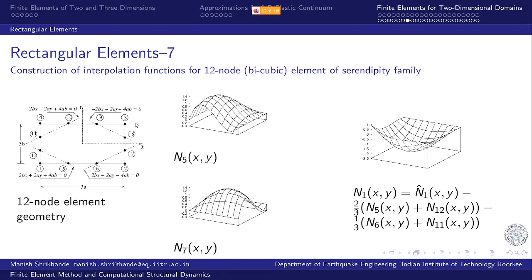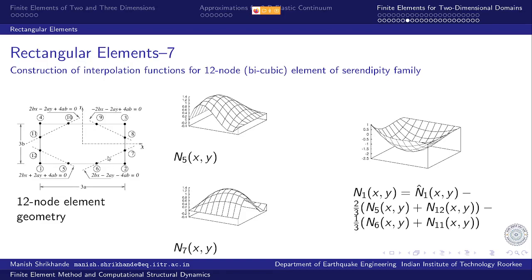So zero of this line and multiplied by zero of this line, so this line would be x minus 2x minus 3a, and zero of this line is 2x plus 3a. So multiply these three zeros and then zero of this line, that will ensure zeros for all the nodes except node 5, and then normalize it by the evaluation of that product,